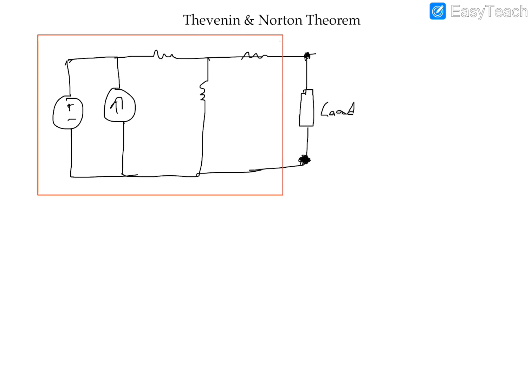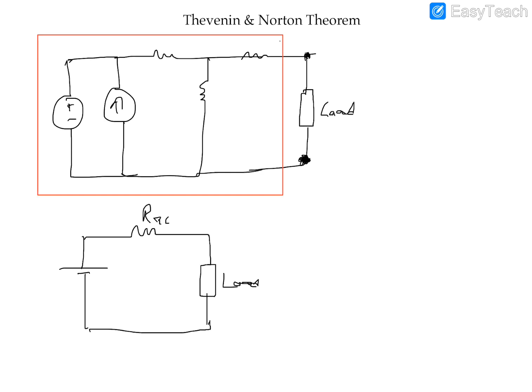So according to Thevenin circuit, this entire portion, what I've shown you in the red, can be converted to just one voltage source and one resistance in series, and then you can hook up your load to it. And this is going to be your load. This resistance is known as Thevenin's resistance, and this voltage is known as VTH. So basically what it's saying is you can do some kind of analysis where you take all the complex circuitry right here and you can convert it to one voltage source in series with one resistance. This is the Thevenin's